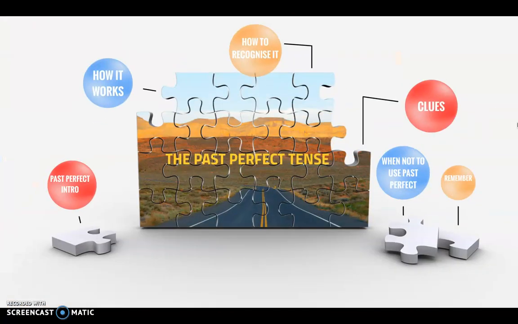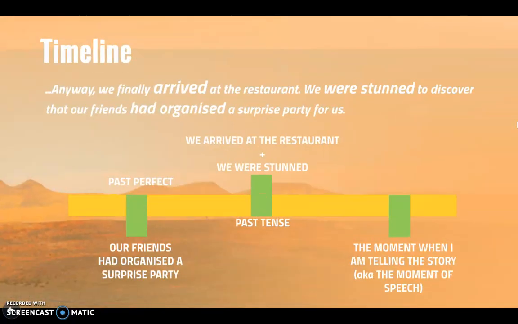So, if you noticed, and I'll get back to this actually, in this example, there are no clues, there are no adverbs that indicate, hey, listen, you've got to use your past perfect here. What stands behind the use is the actual logic of the actions. It's the fact that compared to arriving and being surprised, the organization of the party happened before.